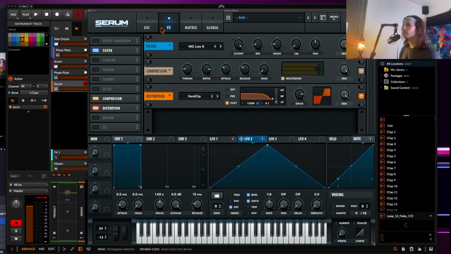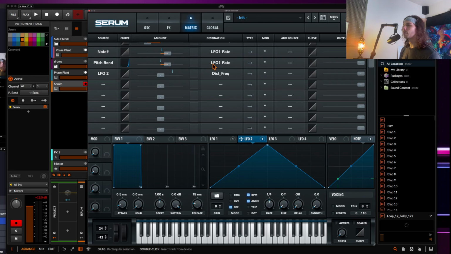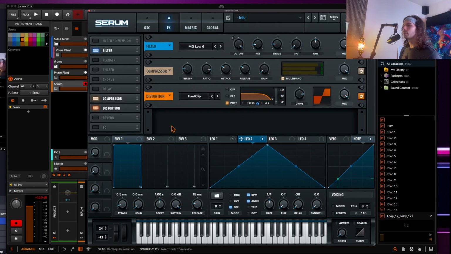Hold on one second, go back into the matrix. I know that there was a way to do this. I don't remember how though. I haven't used Serum in forever, but whatever, we'll just keep this here and pull down on this guy and adjust that there. Cool. So now that we have this though, this opens up some new doors for us